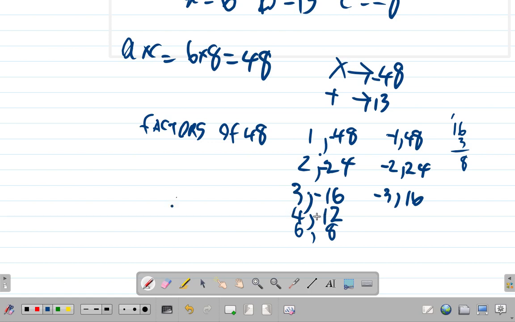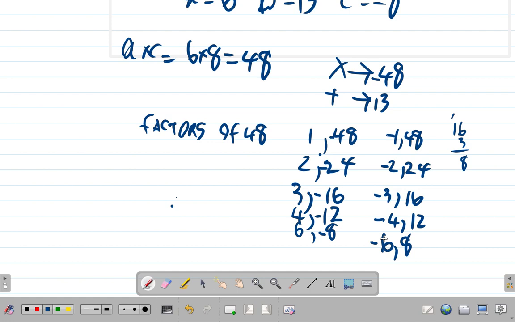We have a positive 4 and a negative 12 over here. We can have a negative 4 and a positive 12 here. With 6 and 8, the 6 can be positive and the 8 negative, or the 6 negative and the 8 positive. So we have some pairs of numbers. All of them multiply and give negative 48. But which two add and give you